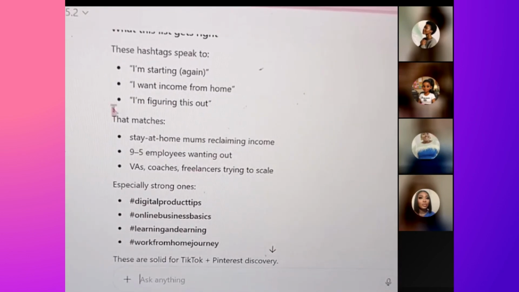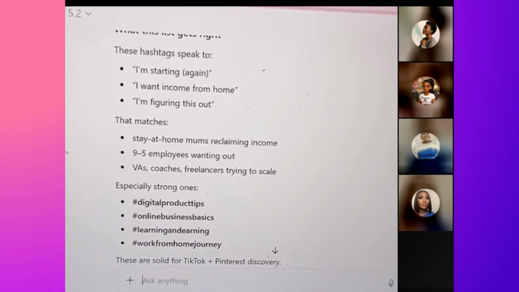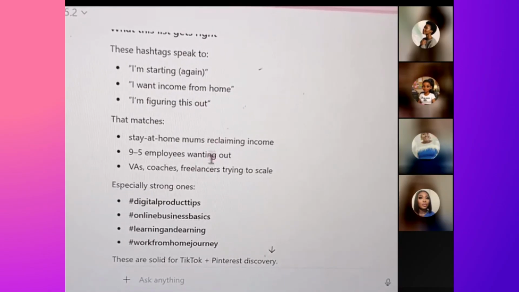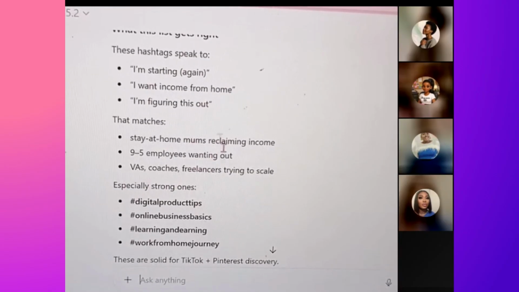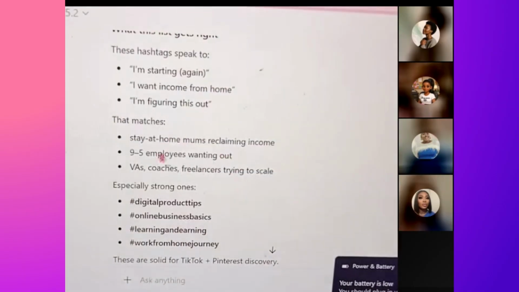how does this match? It matches someone who is a stay-at-home mom reclaiming income. That means I can decide to use it. Remember, Chat says that it can make mistakes. So you need to read what Chat is giving you. You need to read what Chat is giving you in order to decide. That means that this kind of hashtag works for people if my niche is for beginners,